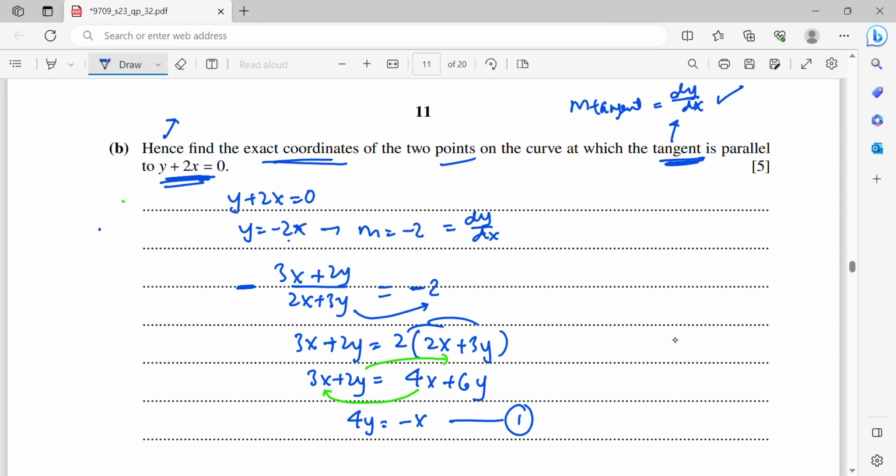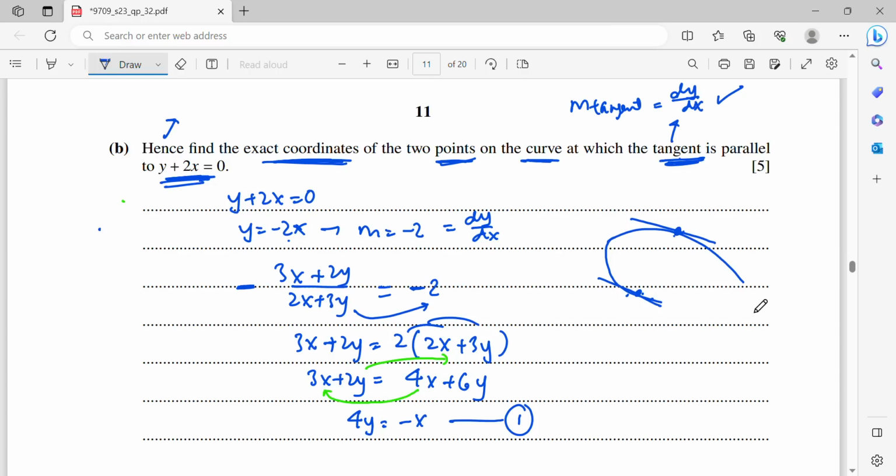Because you need to find exact coordinates of 2 points on the curve. That means if let's say this is a curve, okay, then this is a tangent. There will be two graphs here. Let's say for example like this. So the 2 points for which the tangent is parallel to here. That means now you need to find these 2 points, which means that is the intersection between the tangent and